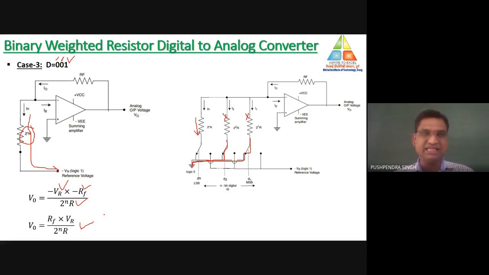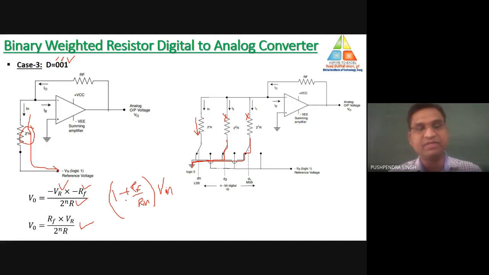So these are the cases when the circuit is connected to the inverting terminal of the op-amp. Suppose the circuit is connected to the non-inverting terminal. So what would be the change in the output? The output of non-inverting is 1 plus RF by Rin into Vin. So in place of minus RF by Rin, just replace it by 1 plus RF by Rin and finally calculate the value of output.